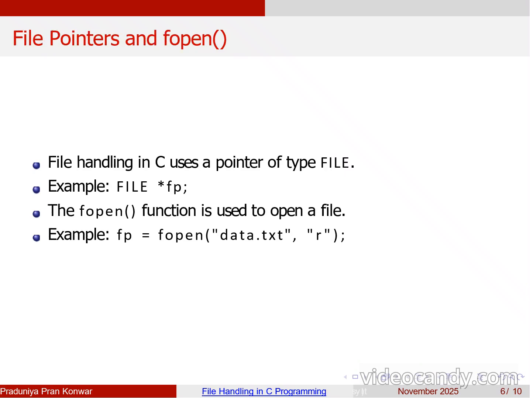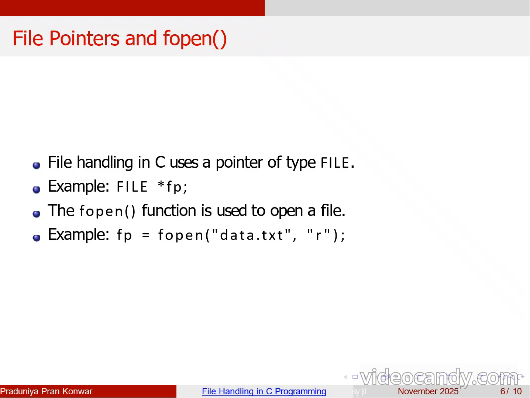In C programming, every file we work with is connected to a file pointer, which is a special type of variable declared as capital FILE asterisk. This pointer keeps track of the file being used and allows the program to perform reading and writing operations. For example, we can declare a file pointer like this: FILE *fp;